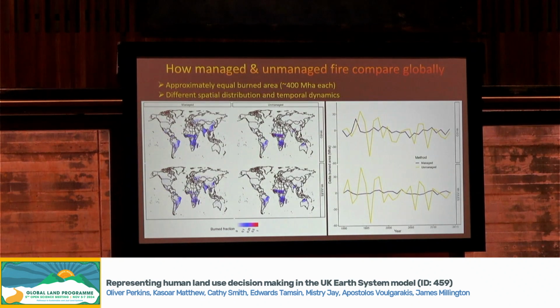So what do we learn from doing this? Well, one of the big challenges in fire modeling has been a failure to capture interannual variability and extreme fire events, which can be orders of magnitude greater than the mean or median of the distribution. And one of the reasons, I think, is that if you treat all fires as similar events and think they all have the same biophysical spread drivers, then what you end up doing is applying a load of fudge factors, because the things that are driving fire spread in agricultural fires in the tropics are very different to the drivers of wildfire spread.